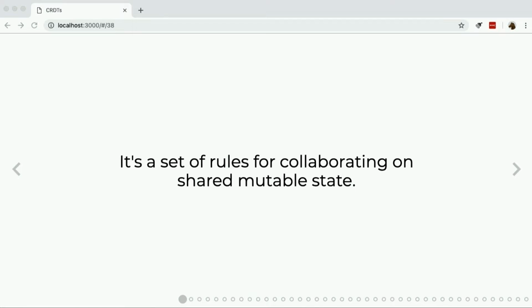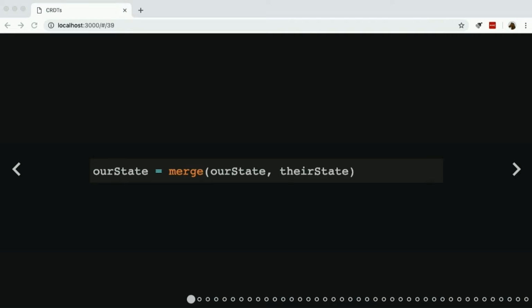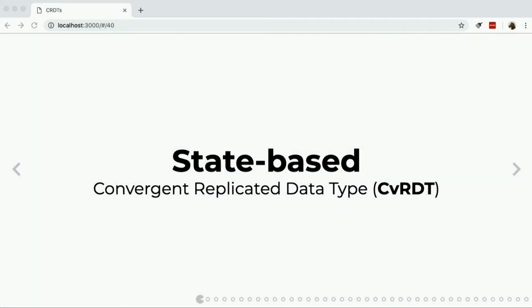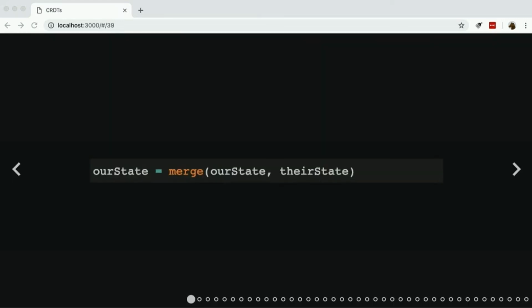How you kind of use this in your code is it'll look something like this. You'll have a merge function that takes your entire app state and someone else's entire app state, squishes them together, and that's your next state. And squishes is a technical term. So you continue on with our state, and you repeat that process for however many people you want to sync with. That is called the state-based CRDT, or convergent replicated data type. It is one of two main ways of approaching this. Also, I should note that you don't need to have the full state. It can just be a patch. But for the purposes of a presentation, it's much easier to model to explain